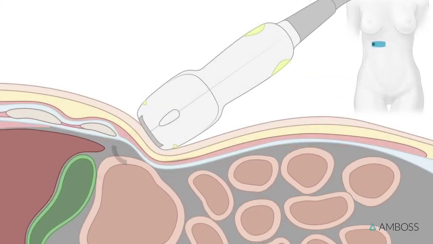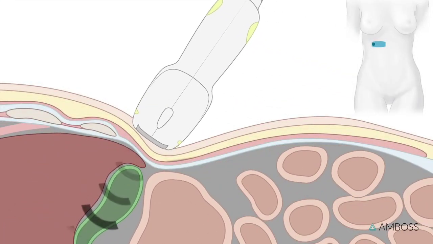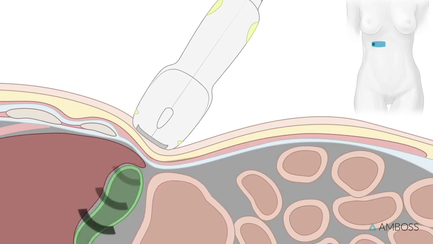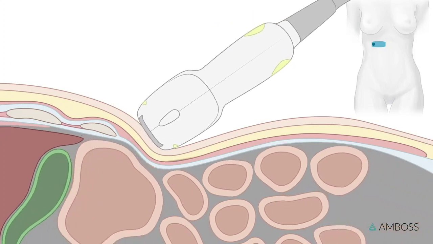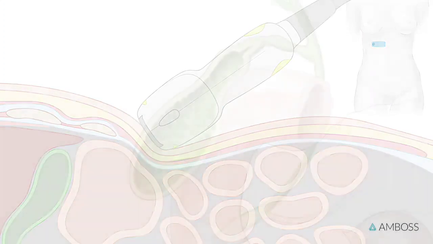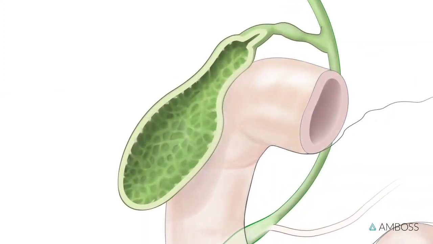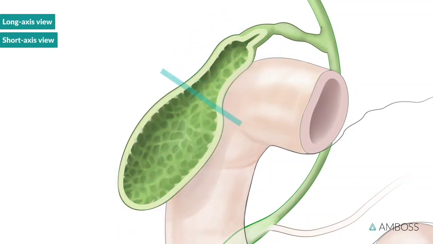The patient should be instructed to inhale deeply. Doing this shifts the liver, and with it the gallbladder, in a caudal direction. This allows us to use the liver as an acoustic window. Compared to air-filled bowel loops, liver parenchyma has a lower acoustic impedance, enabling a much better assessment of the underlying gallbladder.